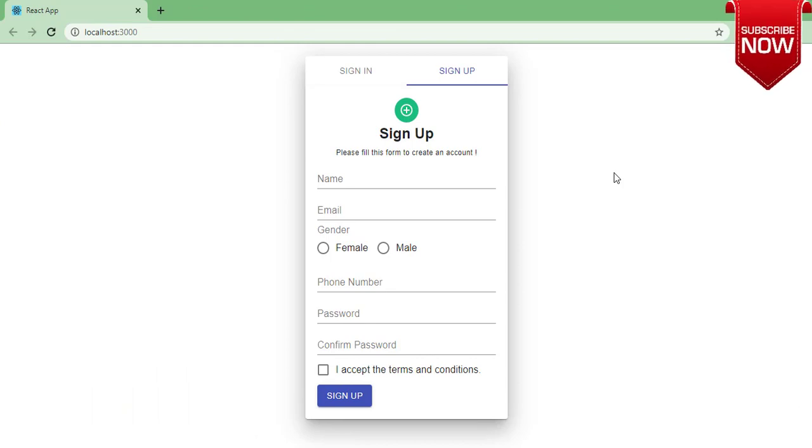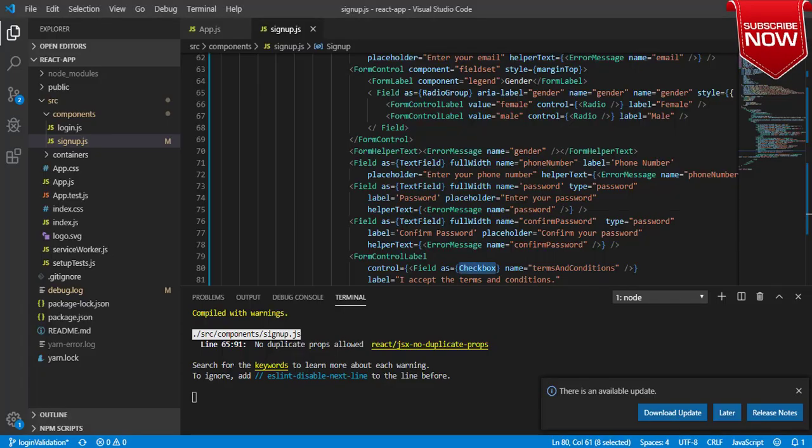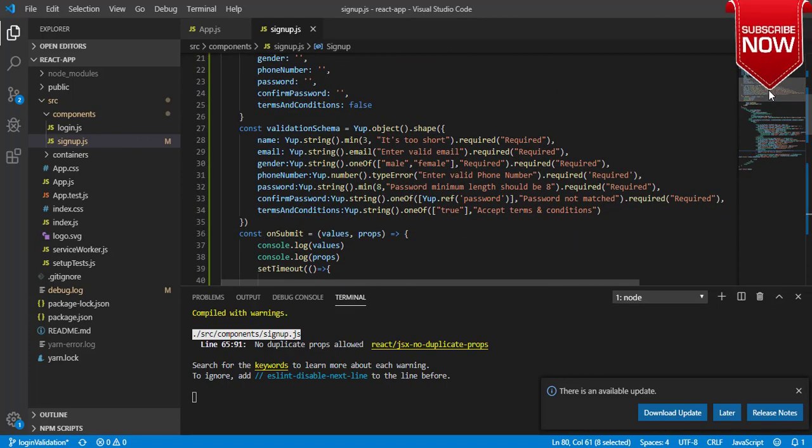Okay guys, in this video we have seen how to validate a sign up form using Formik and Yup. We have validated multiple input boxes and this radio button, and this checkbox as well. Functionality wise, we are able to show that if the name is less than 3 characters, we will show this error, it's too short.